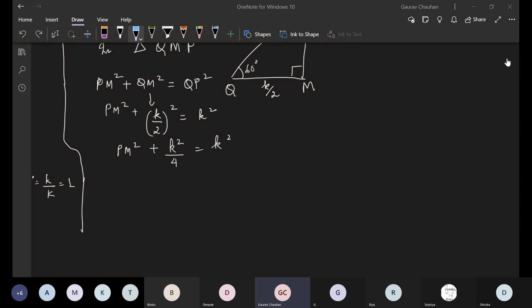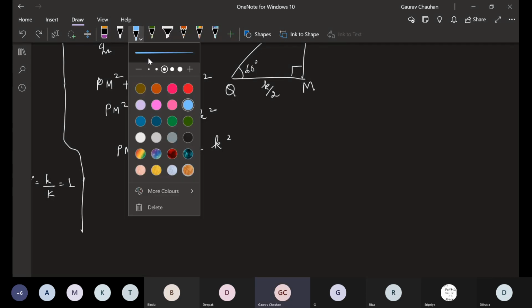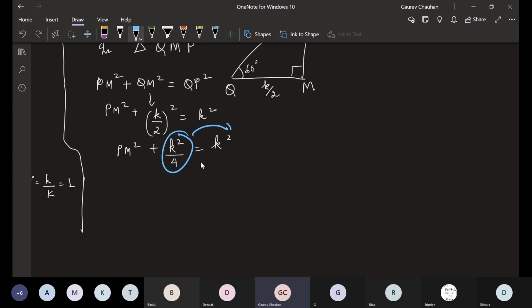Let's see if G, you have one more chance. Can you correct yourself here? Sir, to take whole k square by 4, sir. Yes, we will take this whole k square by 4 to the right side. What will come now? How will I write the next equation? Next step. Tell me. Sir, it will become multiplied, sir.